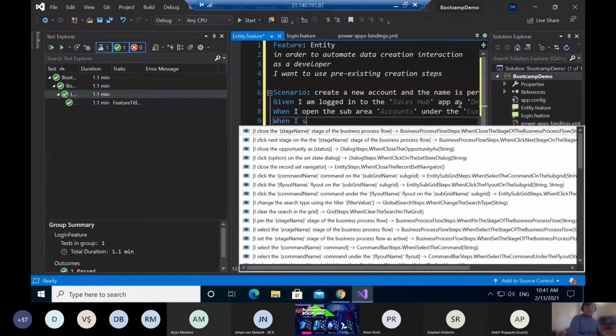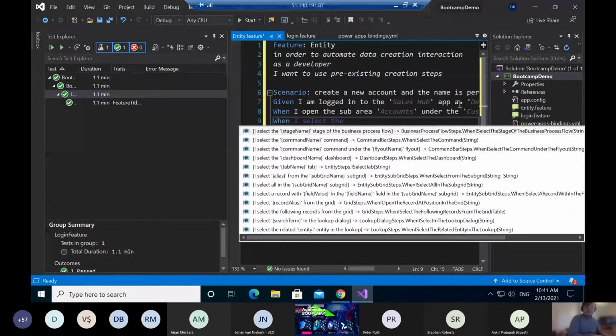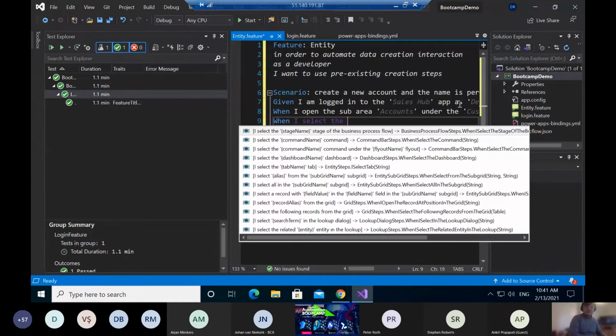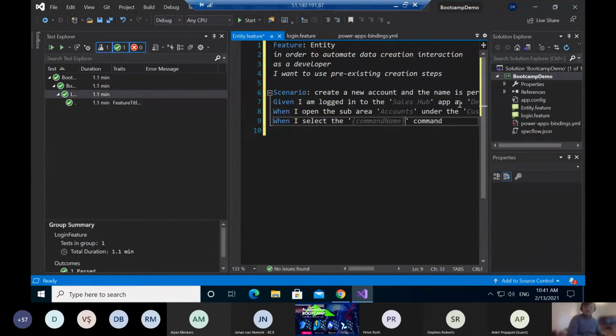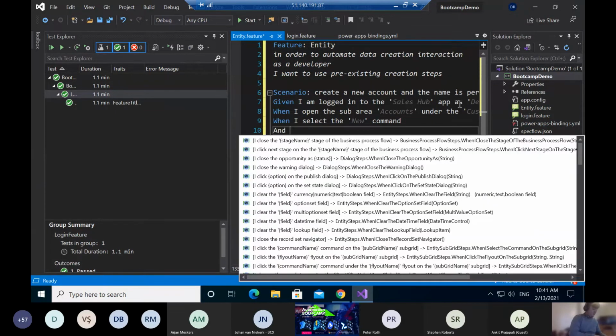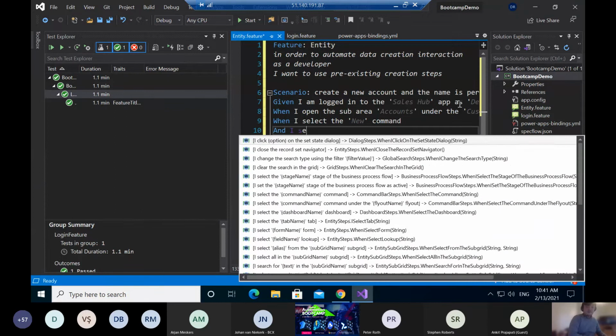When I select the new command and I select